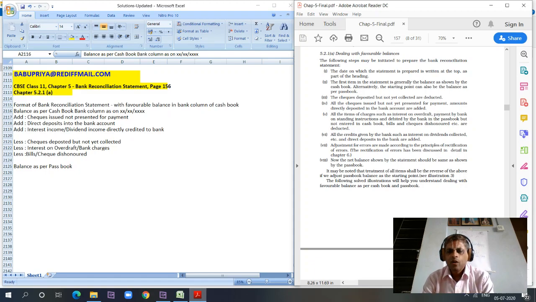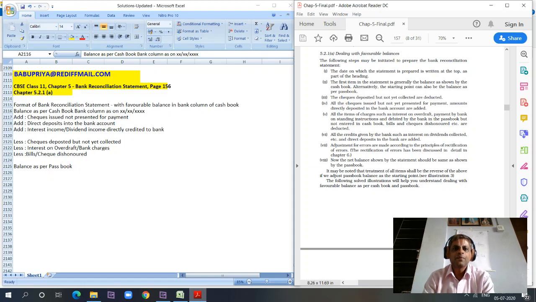What are all the things that need to be deducted? Any bank charges or interest charges, interest on overdraft, which the bank directly debits, that has to be deducted. And any bills or checks dishonored, that again directly gets debited to the bank, has to be deducted. Then checks deposited but not presented. We have collected the check from the customer, we have gone to the bank and deposited it, but there is a timing difference we discussed, right? The checks deposited but still not collected by the bank, and the amount is still not credited to our account,